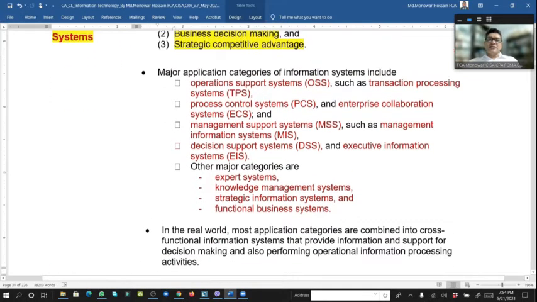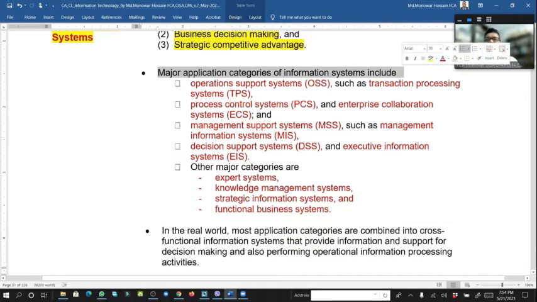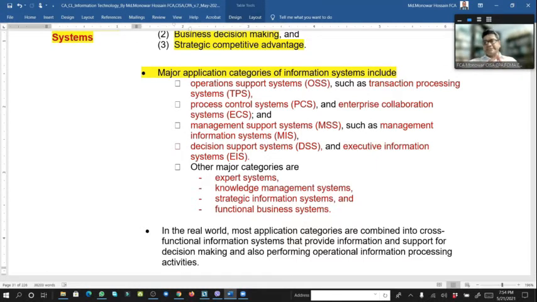Major applications are here. Information systems include operation support systems, OSS, transaction processing system, TPS, process control system, PCS, enterprise collaboration system, ECS, management support system, MSS, and as the management information system, MIS, decision support system, DSS, executive information system, EIS, and other major categories are expert system, knowledge management system, strategic information system,